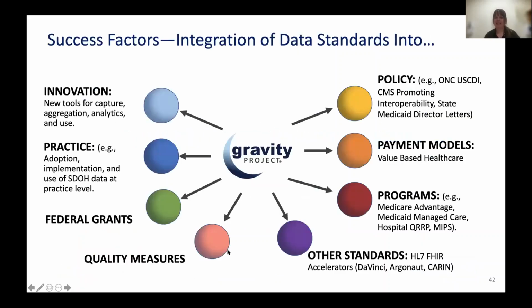This is just from a very US perspective, our final slide. What the Gravity Project has borne through its work is policy changes through our federal partnerships, which again are very US-specific. There's payment and policy, and payment changes that are happening through value-based healthcare initiatives. We work directly with programs and other standards organizations. We participate in the development of quality measures across all social risks. We just completed a TEP on food insecurity, with incoming TEPs on transportation insecurity. A TEP is a technical expert panel.